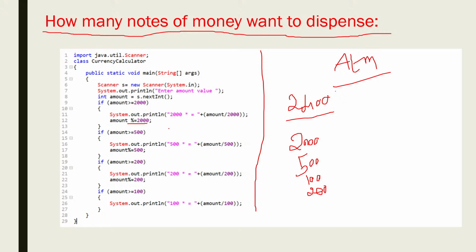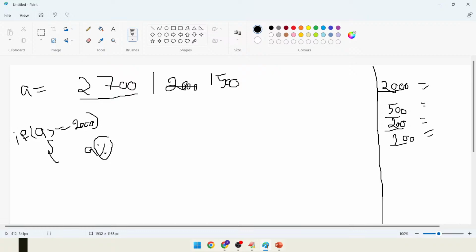Why here am I using modular division? Why am I not using normal division here? Can anyone explain? It is A divided by 2000. I want just the notes. How many notes? That means